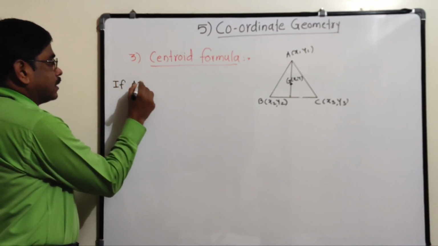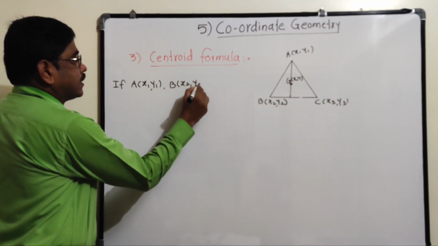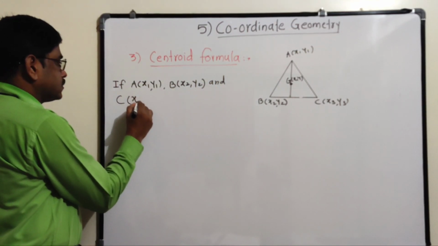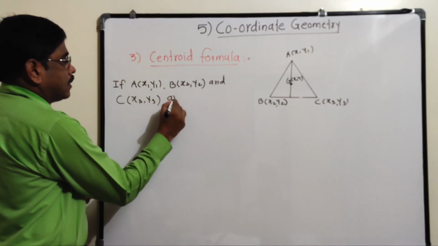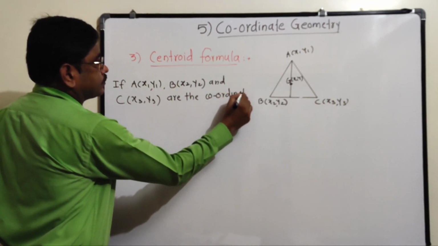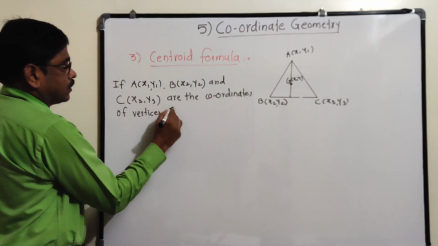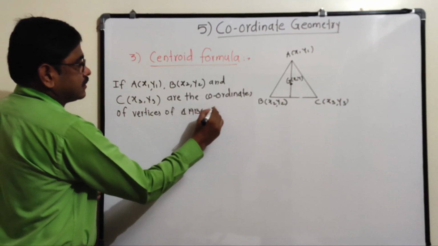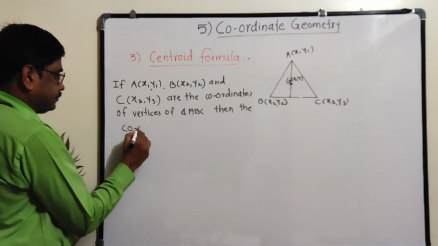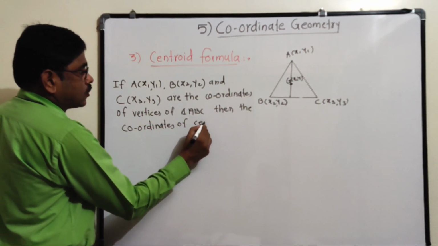If A (x1, y1), B (x2, y2) and C (x3, y3) are the coordinates of the vertices of triangle ABC, then the coordinates of the centroid